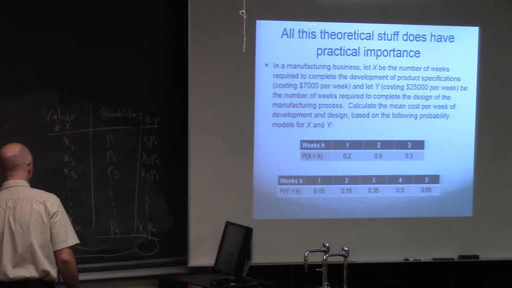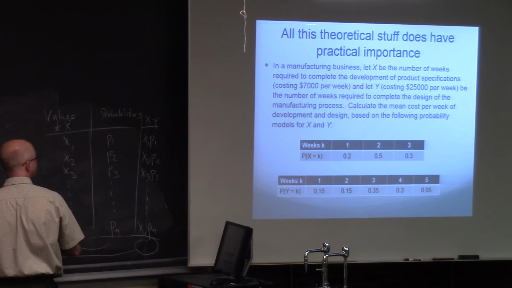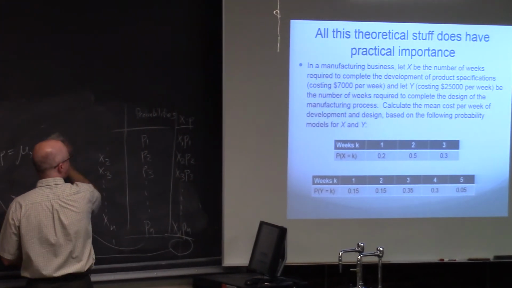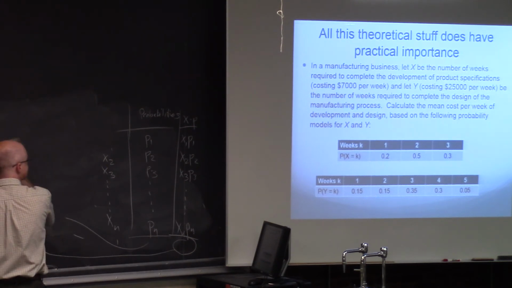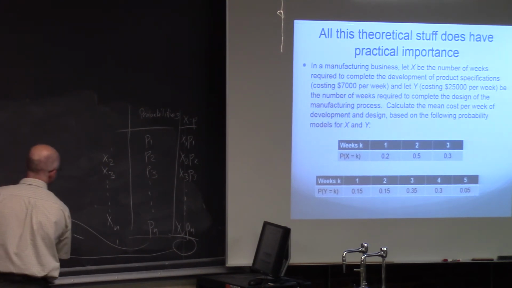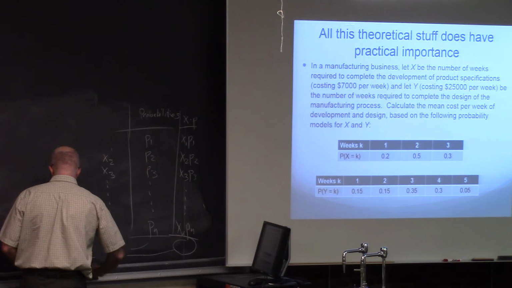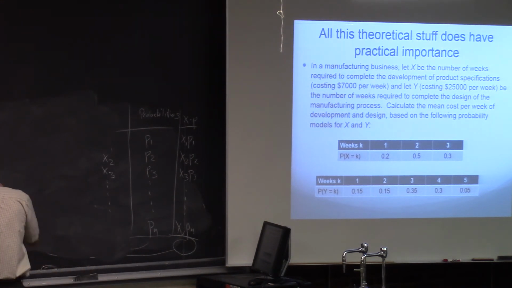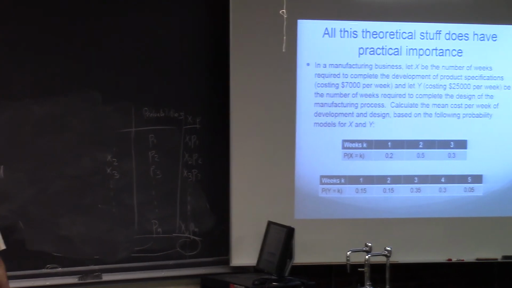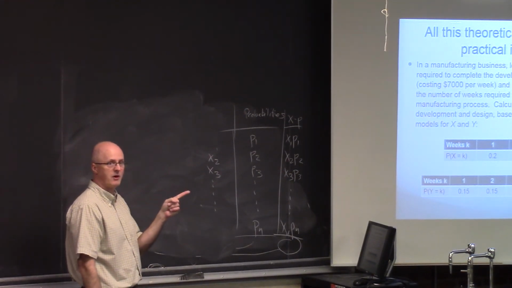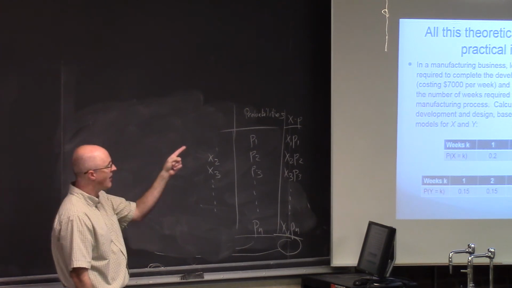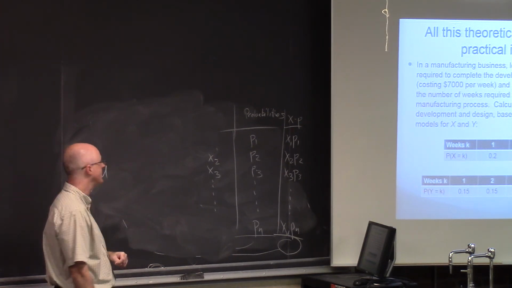I want to find what? The question says, calculate the mean cost per week of development and design together. Find the mean, mu, of these costs. X is the number of weeks for the product specification at a cost of $7,000 per week. Therefore,